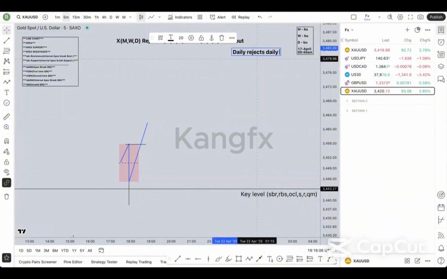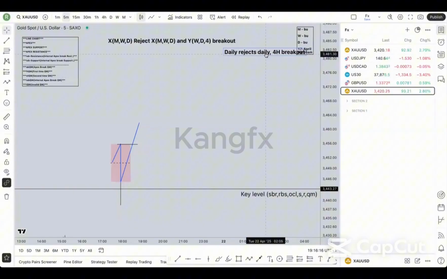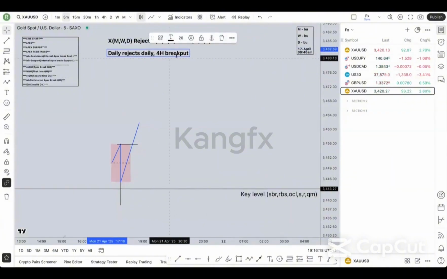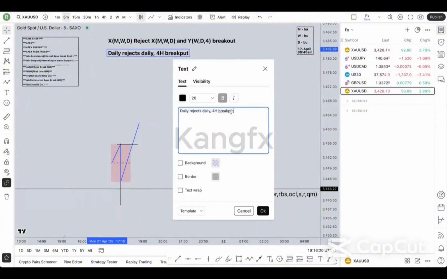Daily rejects daily 4 hour breakouts. Then if we want to get a storyline for weekly, we say what? Weekly rejects weekly